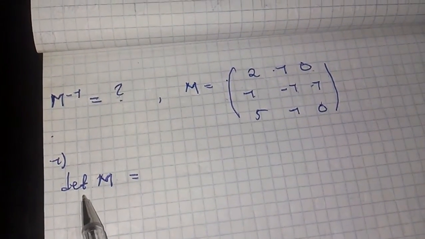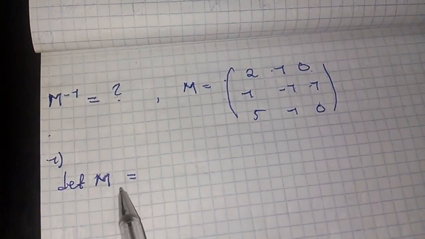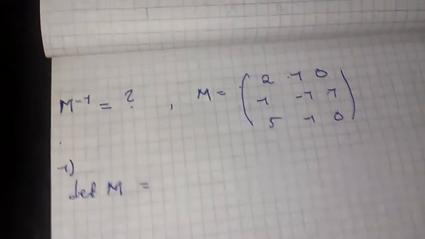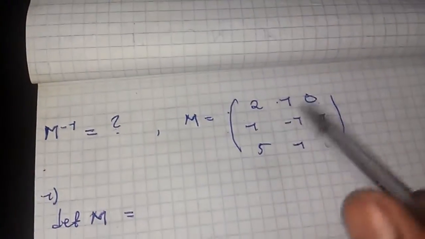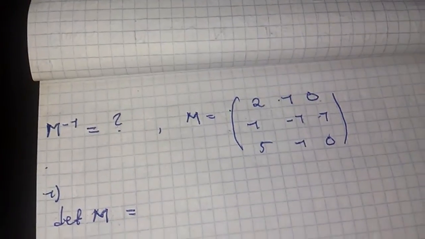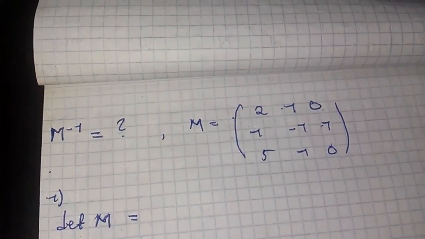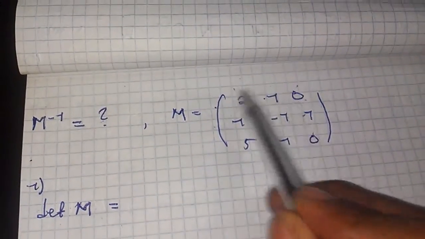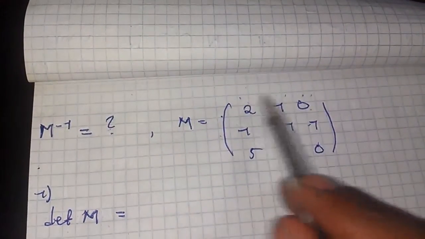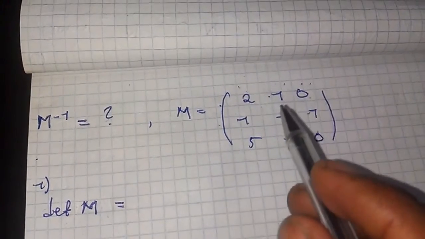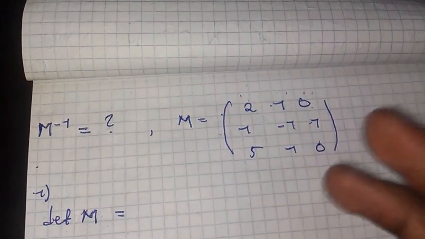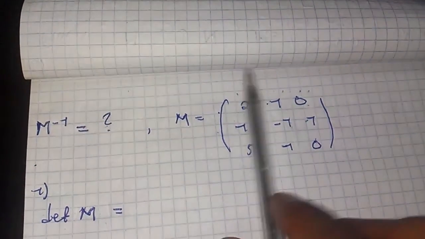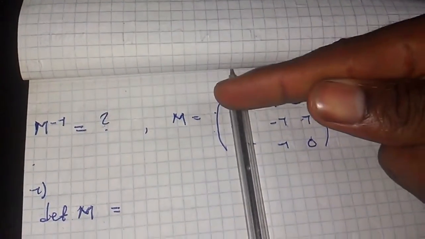For the sake of the question, I will teach how to do the determinant. Given M, this is what I'll do. I'll take it like a vector ijk. So this will be my i, this will be my j, this is my k. This is what I'll do: I block this, I keep this.